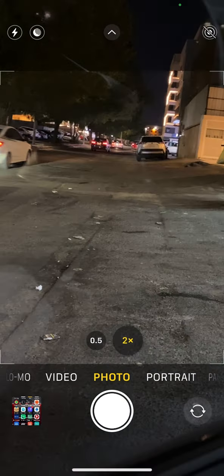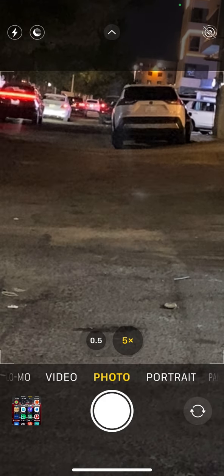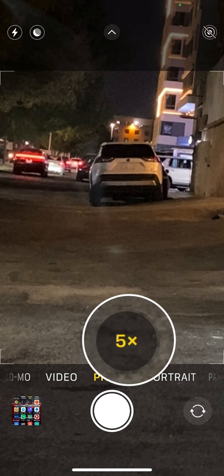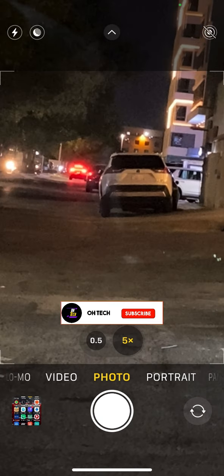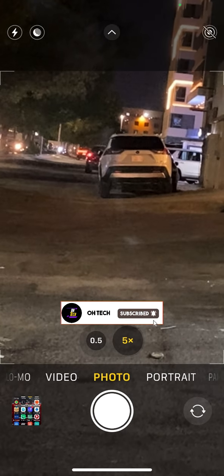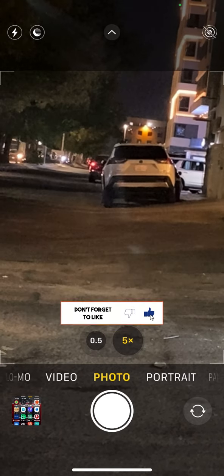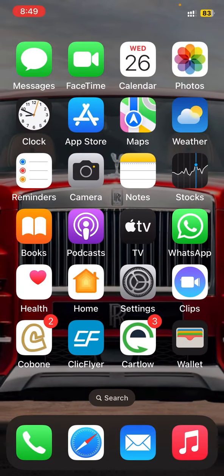If I zoom, it will zoom at a ratio of multiply by 5 and this much maximum you can see. So if I want to extra zoom, I will go to the settings,